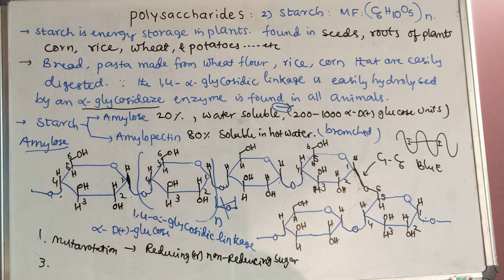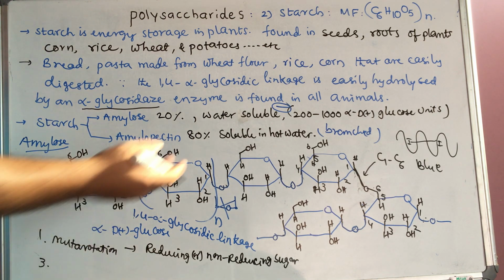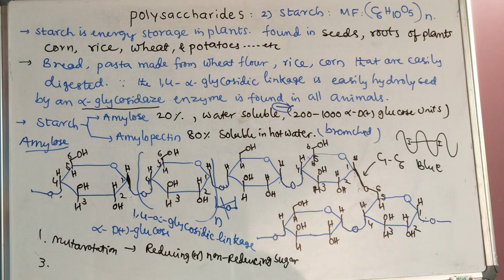Third one, it is already told here, solubility, soluble. Is osazone formation possible or not? That also you have to answer based on the previous glucose, sucrose, maltose, fructose, lactose. There also I discussed. Based on that you have to answer: can it show mutarotation or not? Is it reducing or non-reducing sugar, is osazone formed or not? I already told here what is water soluble.